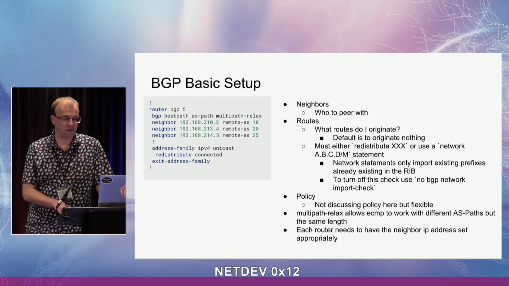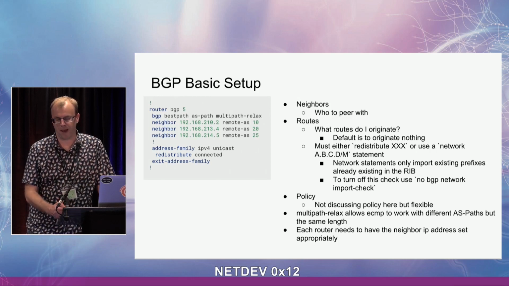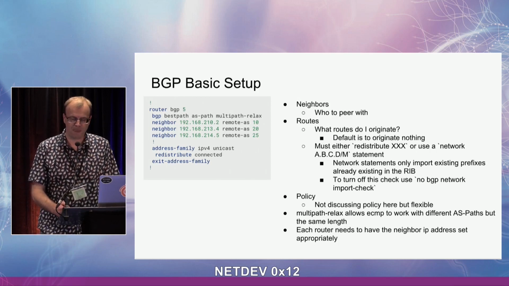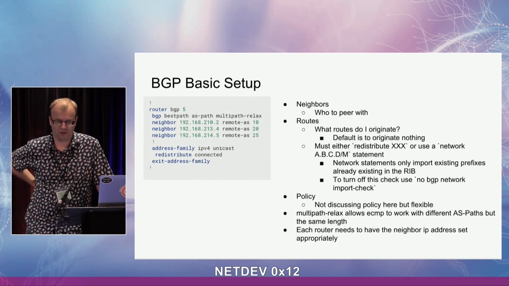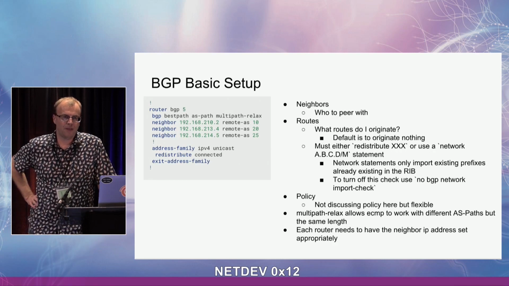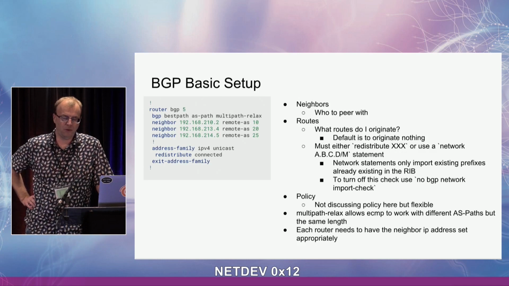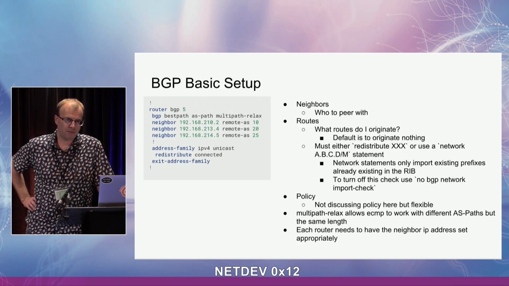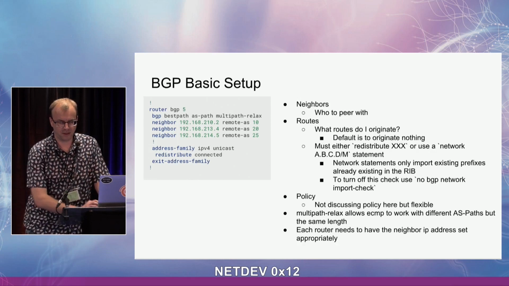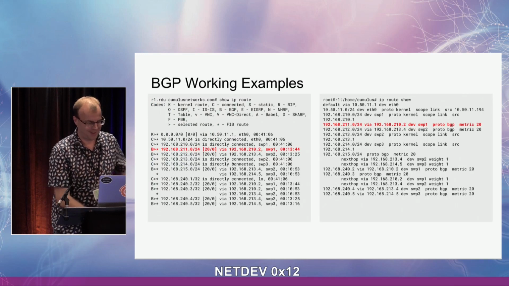Again, I'm not covering policy. Policy is covered by route maps, AS lists, and a whole bunch of other stuff, but it's too complicated to really get into in a reasonable amount of time. I want to call out multipath relax. That allows BGP to use different AS paths of the same length as ECMP. And finally, each router needs to have,